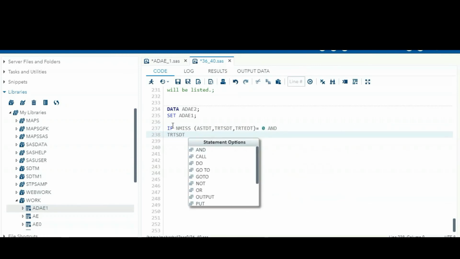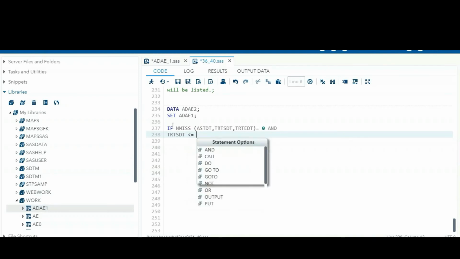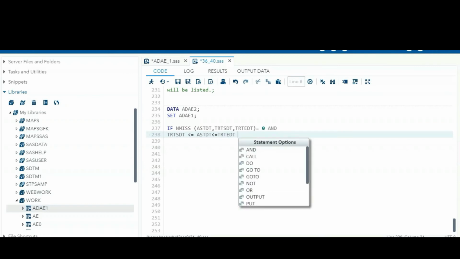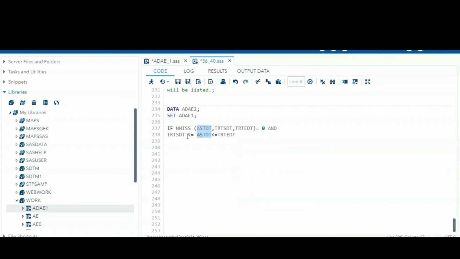started should be, this adverse event started should be present between the treatment start and treatment end. Okay, this adverse event start date should be present between the treatment start date and treatment end date. So as per the criteria, if they are adding some plus 30 also, you can add.